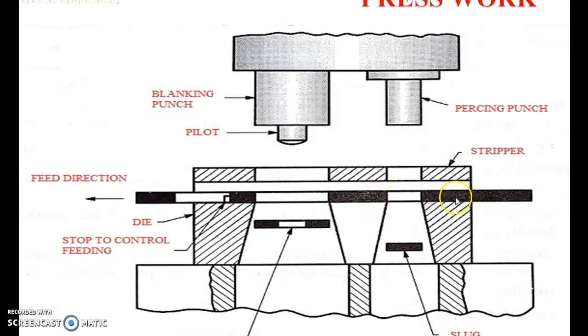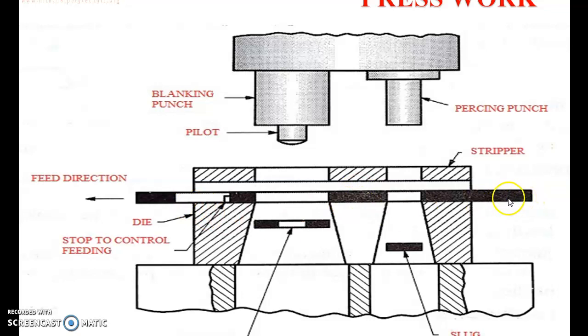So suppose from this middle position you have one station, that is, from this to this middle portion it is divided into one station, and from that middle portion to the end of this die it has another station. So this progressive die is subdivided into two stations. That means station 1 is from the entry portion of this die to the middle portion, and the next station is from the middle portion to the end of this die.